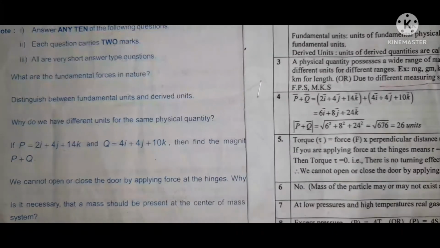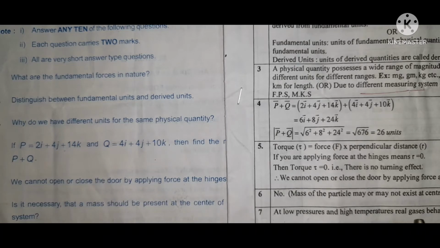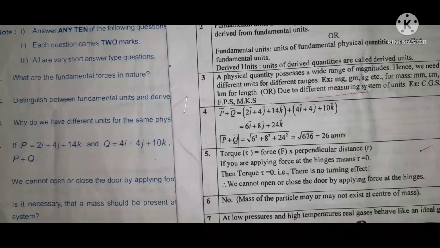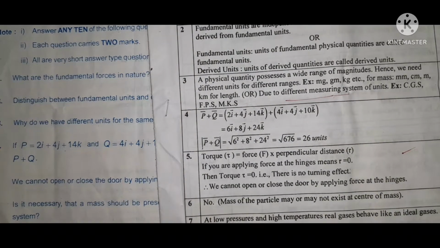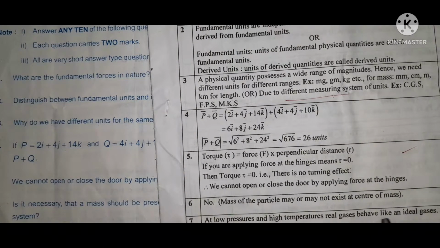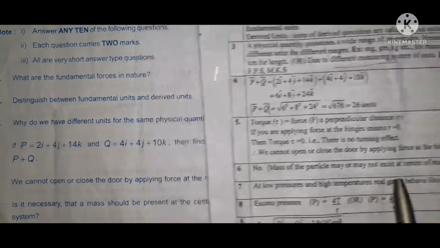So another will be the seventh question, that is, when does a real gas behave like an ideal gas. You can write HTLP. Already you remember this. So at a low pressure and high temperature, a real gas behaves like an ideal gas. This is a very common question. Next, the eighth question will be